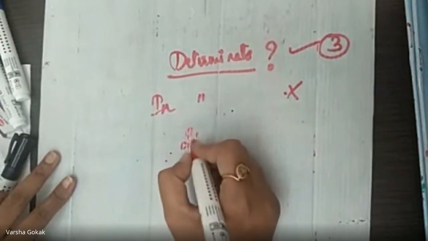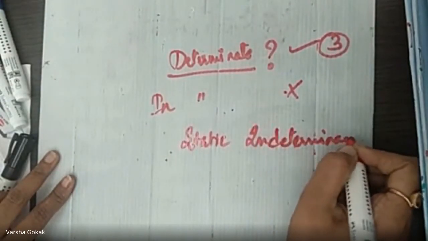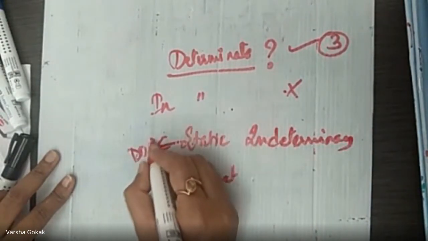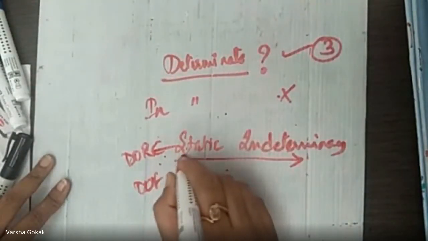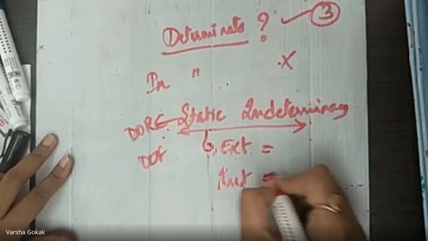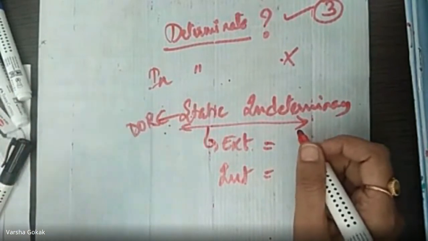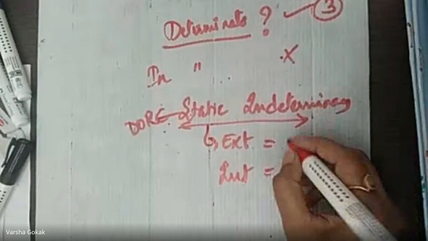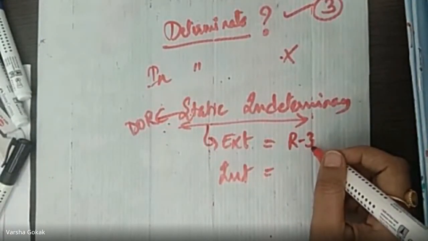Right? Then in this we have studied static indeterminacy and kinematic indeterminacy. Or you can call this degree of redundancy and degree of freedom. You are more comfortable with degree of freedom. Now, when I'm doing static indeterminacy, we have external and internal. How do you find external indeterminacy? R minus 3. R is your total number of unknown reactions, and 3 stands for the equations of equilibrium.